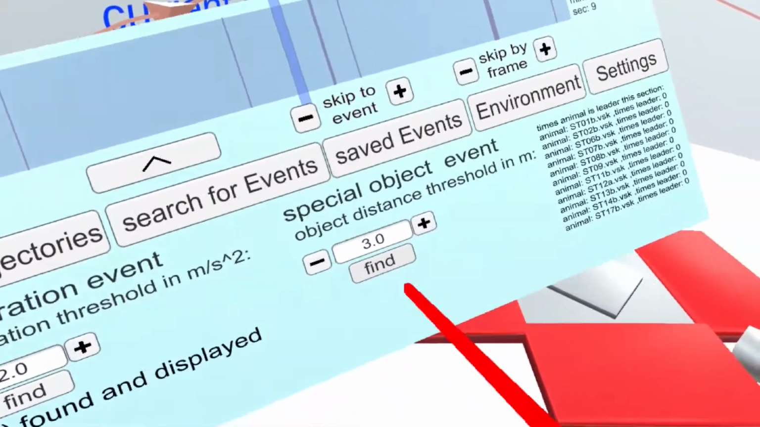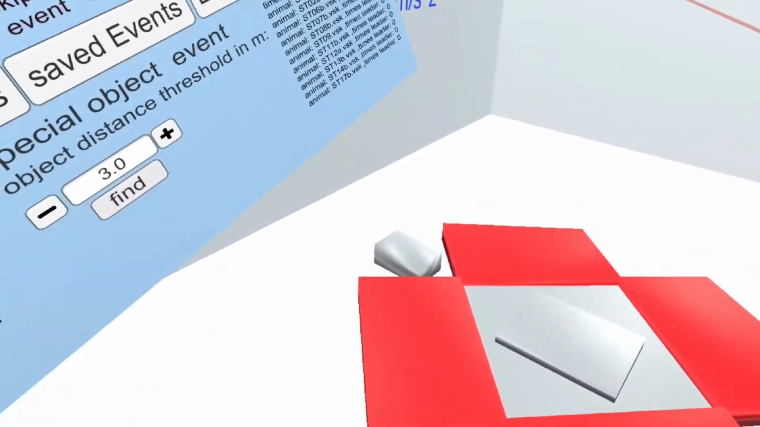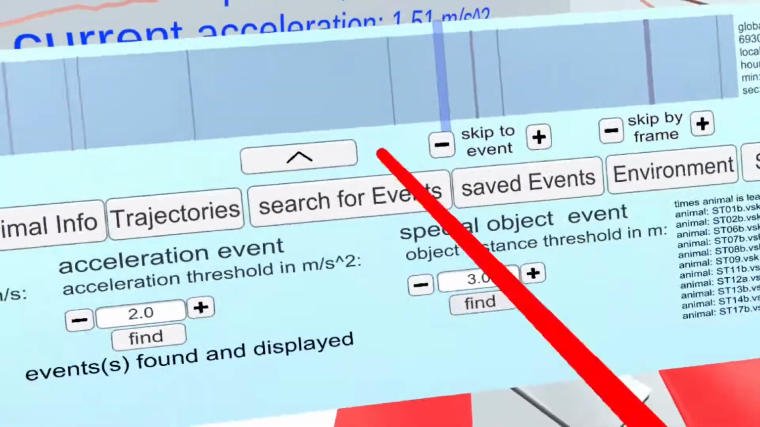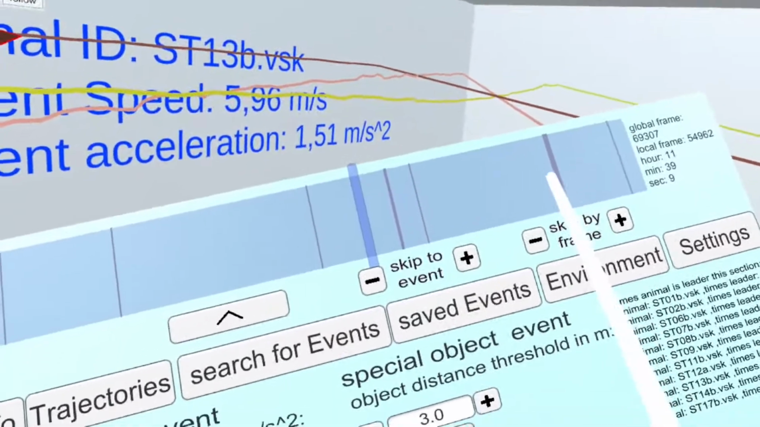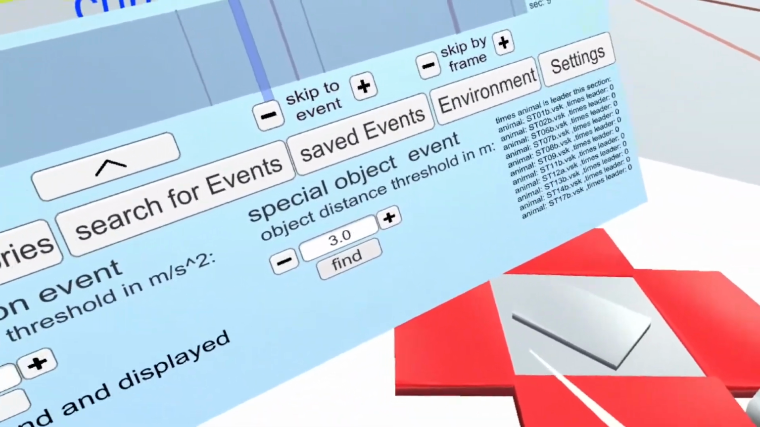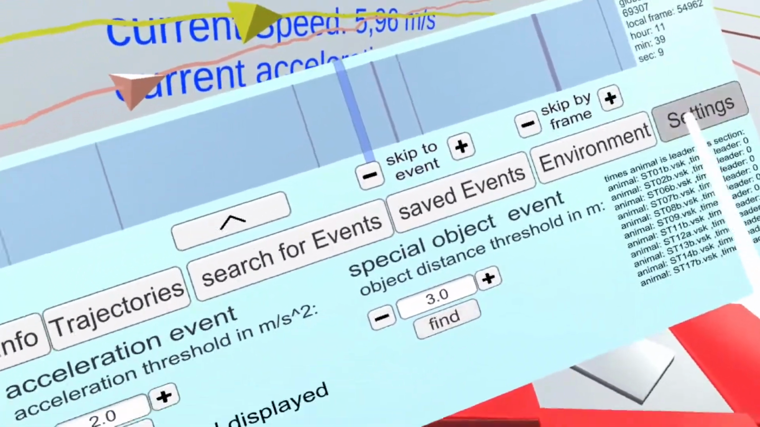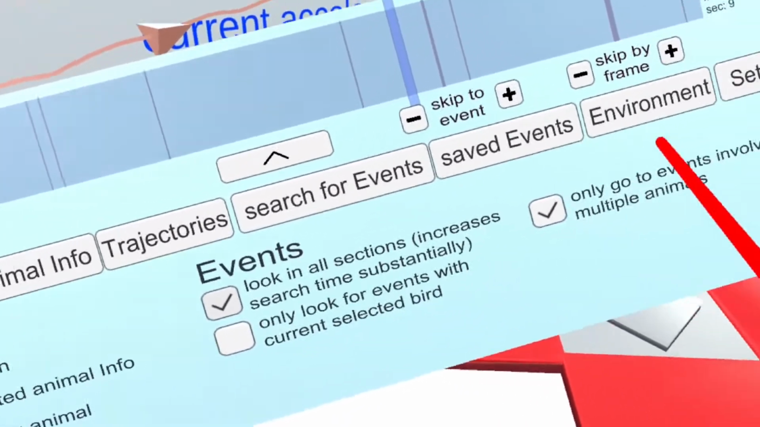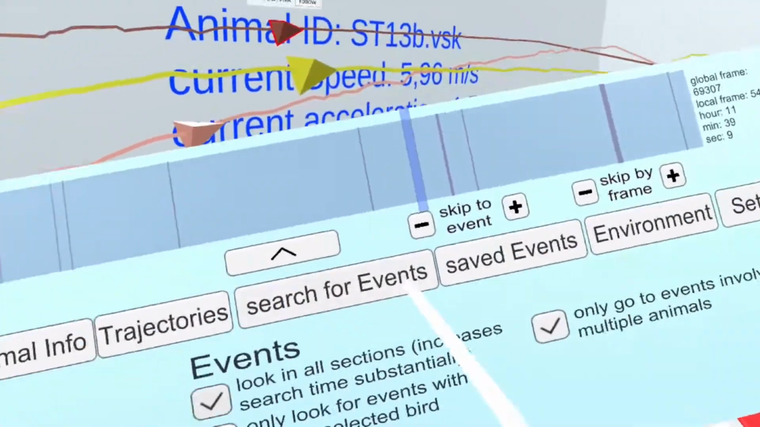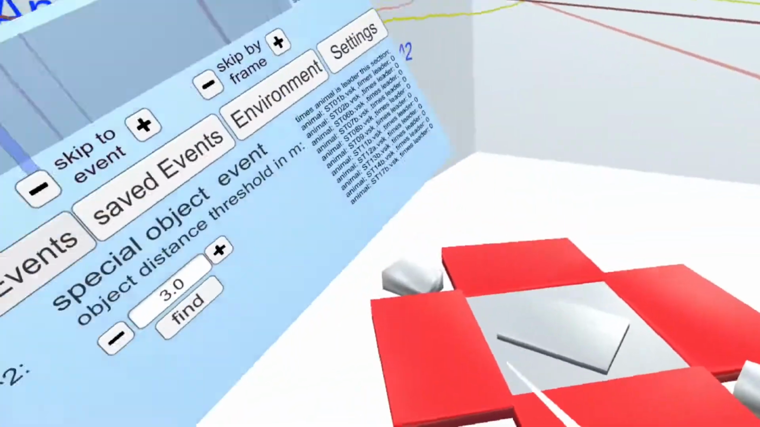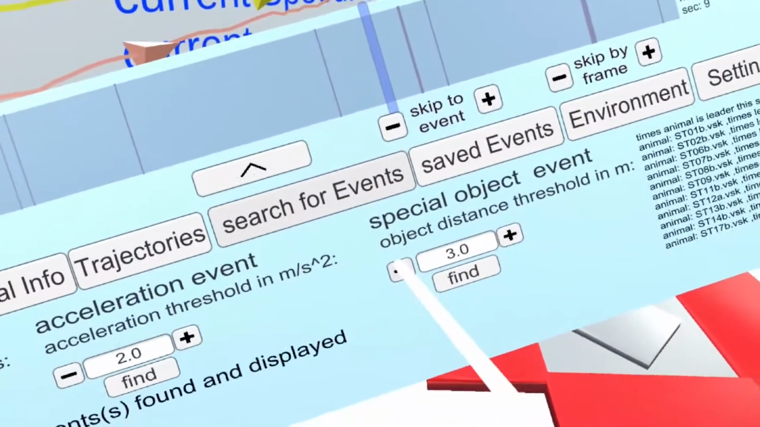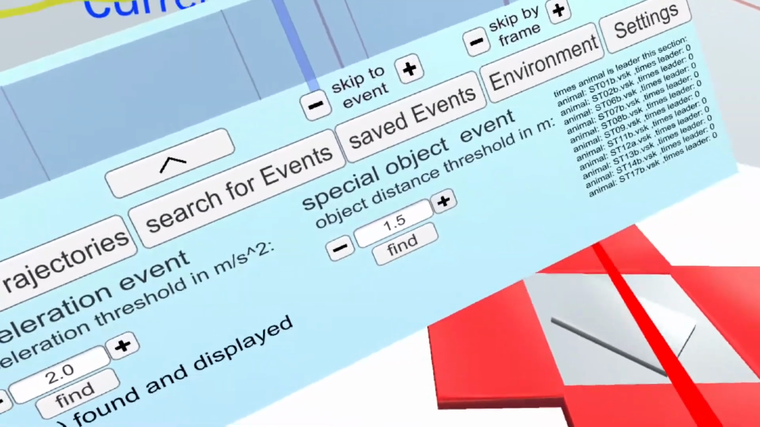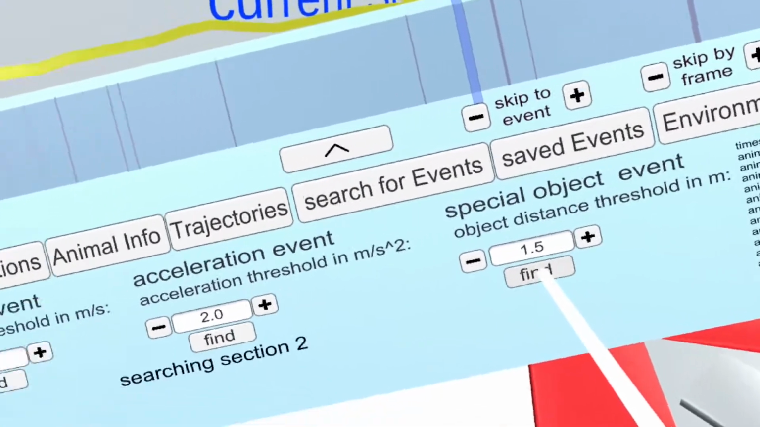However, as you might have noticed, you might want to find periods in time where animals get really close to them, and currently, since we're only looking in the same section, this can be quite cumbersome. So for that, I implemented an option that looks for events in all sections. So it loads in and out each section and checks if any events are found. So if we reduce the threshold here again, maybe 1.5 meters, and then look for find again,